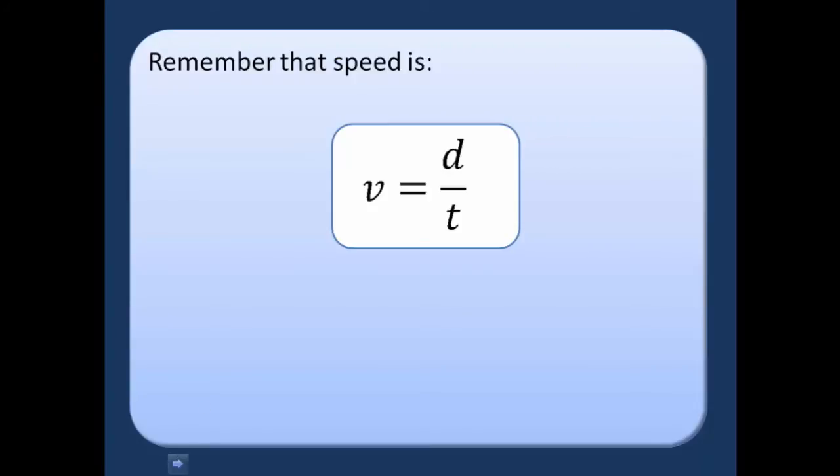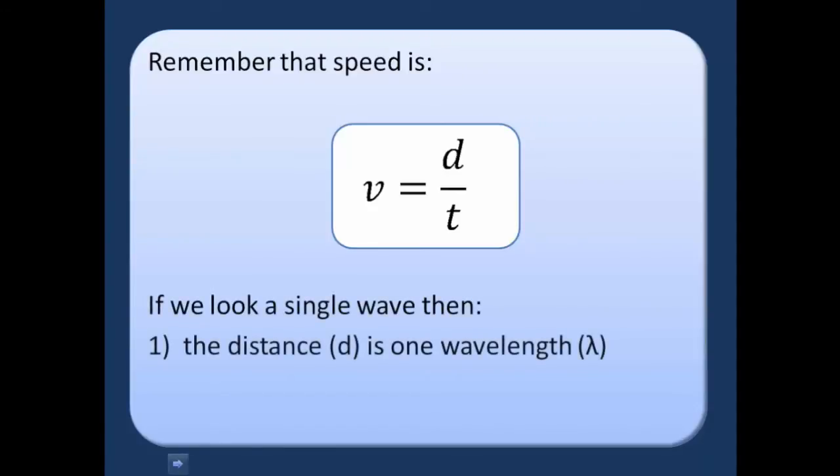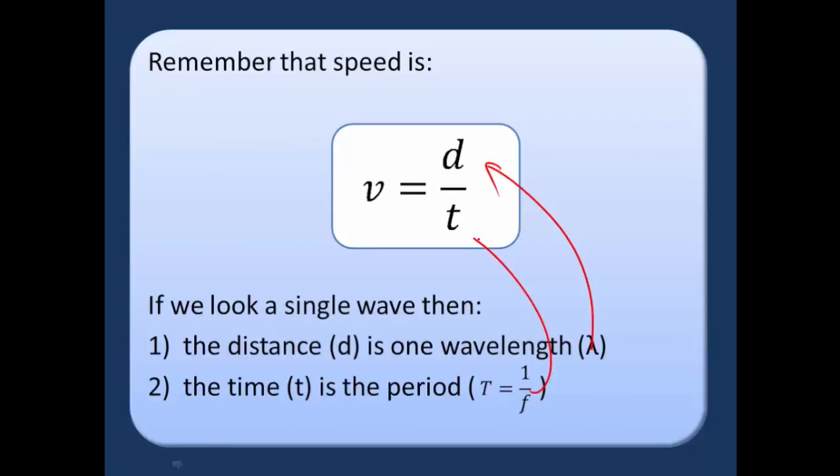So we've defined some things now. We've said that within a wave, the distance that a wave travels is really one wavelength, and the time that it travels is equal to its period, which is 1 over the frequency. If we take these two ideas and plug them into this equation, what we end up with is